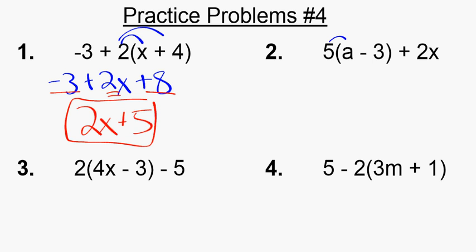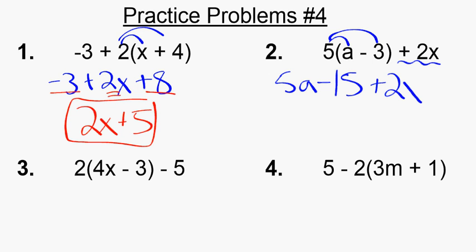Next, you distribute your 5. You have a 5a minus 15. Don't forget about your plus 2x. So when you combine like terms,